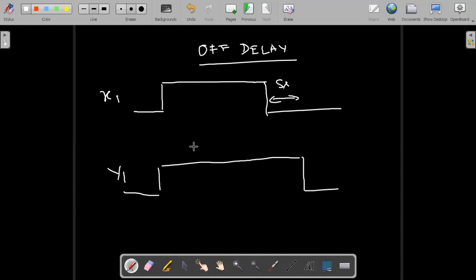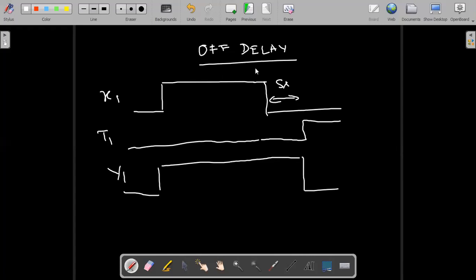Okay, so here we have the timer coming into the picture at this point. After 5 seconds the timer is going to get activated. This is going to switch off my process. Fine. So this is my switch H1. Once I press the switch, my output is going to be on. After I remove the switch, that is I disable my switch, after 5 seconds my output should be off. This is called an off delay timer. So we'll see how to do this off delay timer.